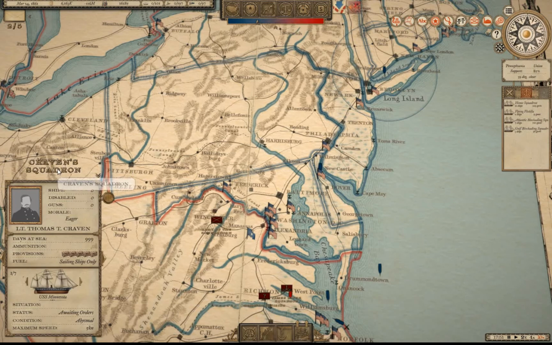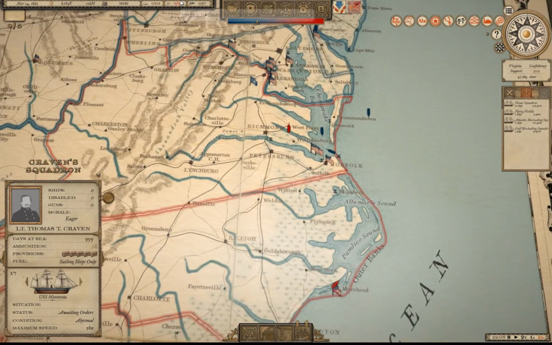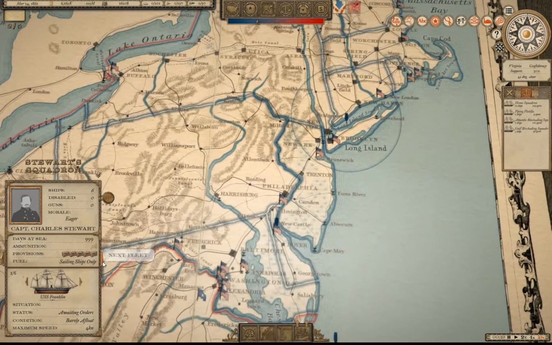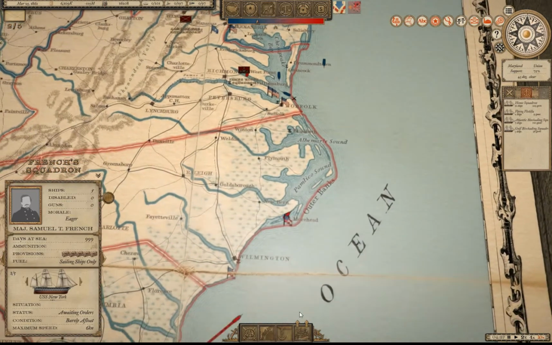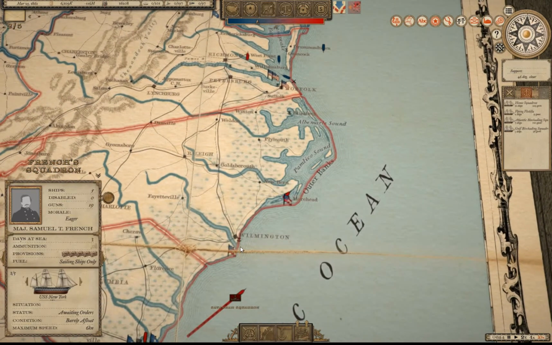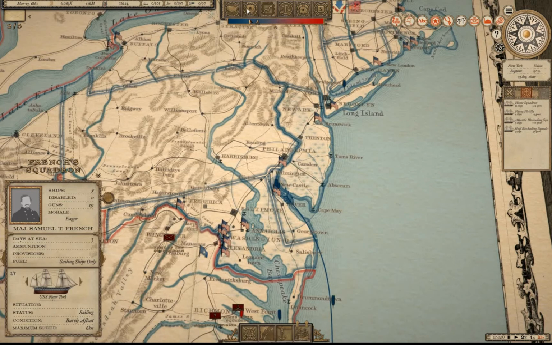This is Craven Squadron. No ships in there. French Squadron, let's move them near Wilmington. Let's take